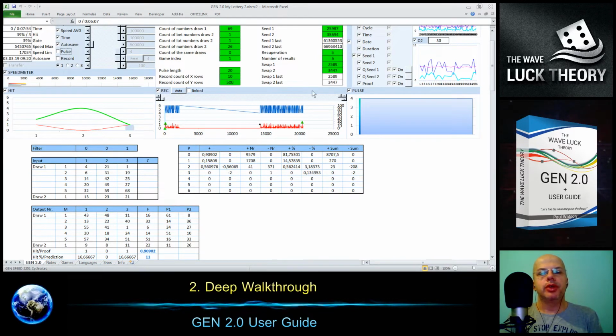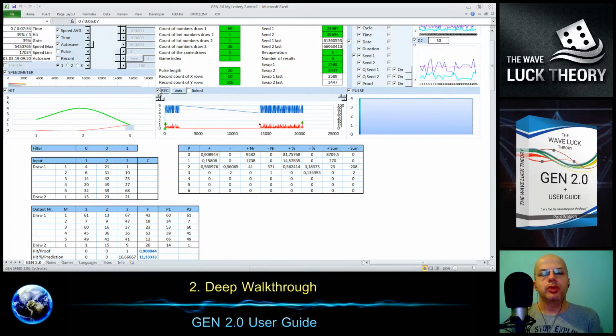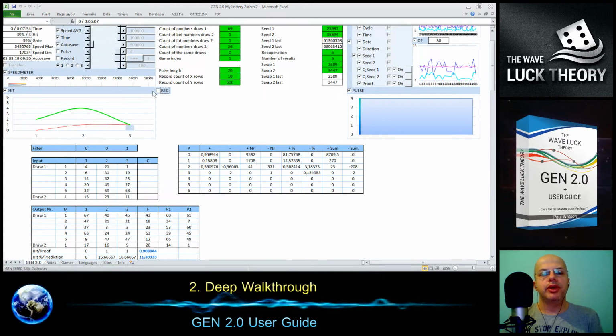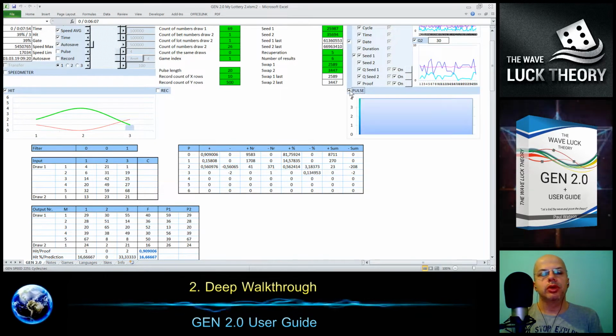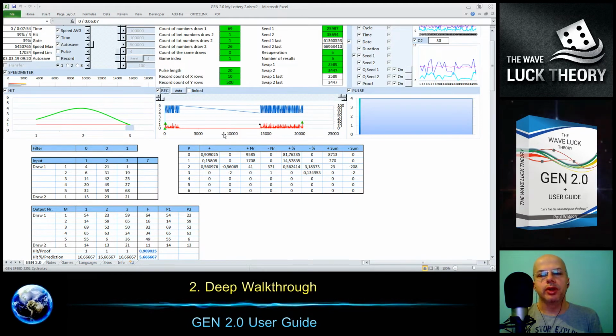Before I start with the record, the pulse can be hidden as well. So it's now off. Now the record will be hidden and shown as well. If you hide everything like this, then you can also speed up your generation. So I can recommend it: when you run it and you don't need to watch it, it's good to hide it, because then you can show it every time you like.